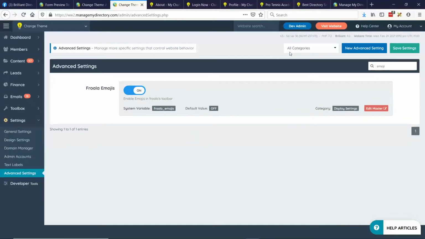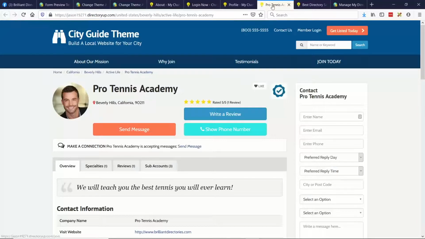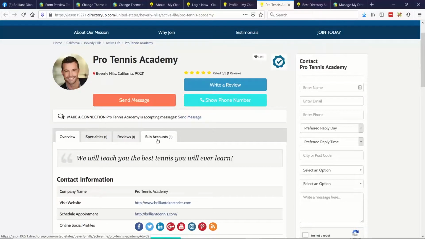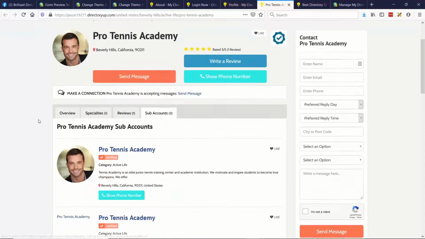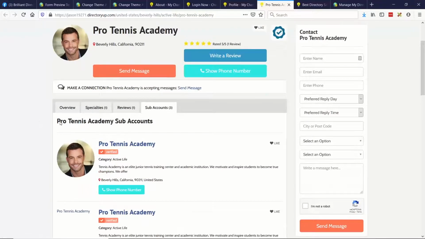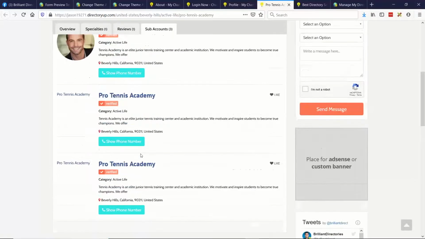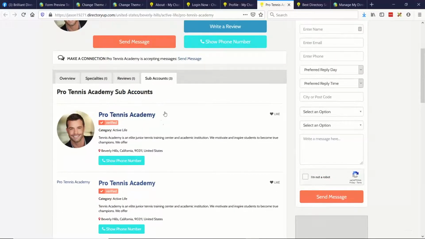So this just got released. I think there was one issue that was discovered with it. The team's been notified and they're working on it. So here is a parent account, and we just did a bunch of clones for its sub accounts. But we'll see here now there is a tab called Sub Accounts, and I'll show you where you can edit and change the name of this if you like. But basically, any child account or sub account that is under this parent account will show here in this tab here.